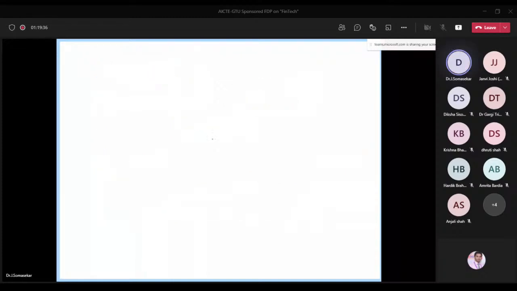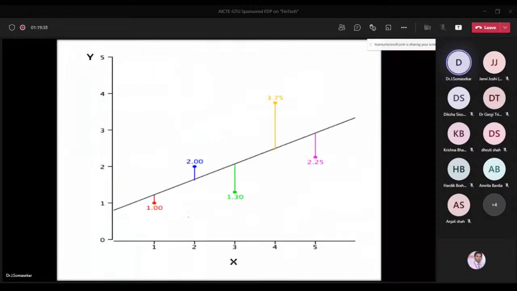So here, let us assume this is the actual data point, and my estimated data point is here, let us assume 0.9 something. This is the actual data point, but this is the estimated data point. This is the actual data point, this is the estimated data point. This is the actual data point, this is the estimated data point. That means we have a slight difference. That is called error, or we can call it a residue. I will come to the point why I'm explaining this.